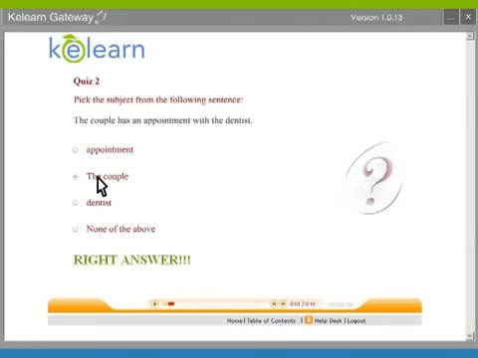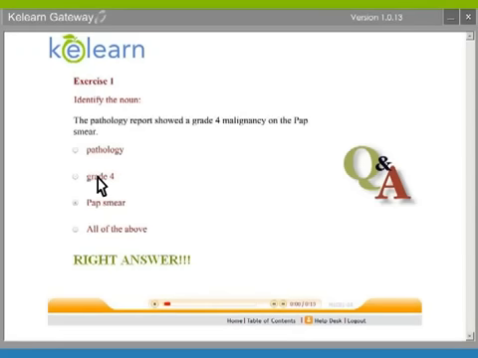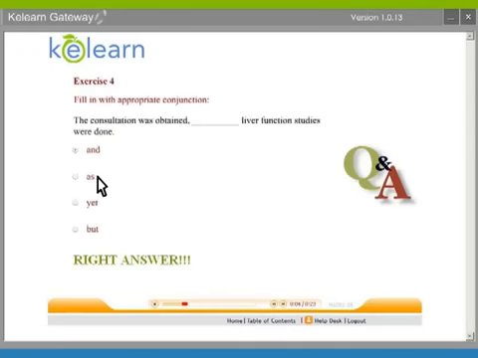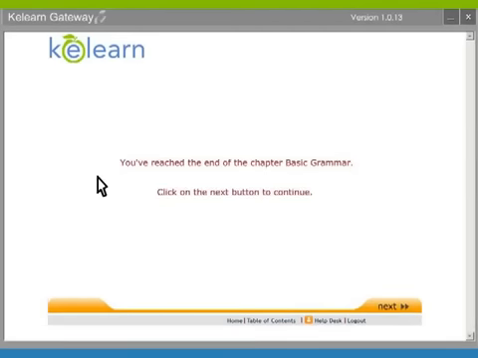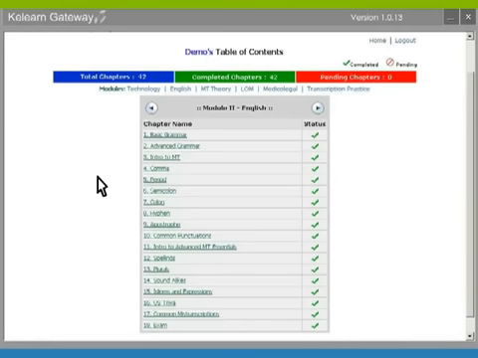This is the first level evaluation system. Once you reach the end of the sub-module, there will be a small exercise which will prevent you from moving to the next sub-module unless completed successfully. This is the second level evaluation. Finally, at the end of each module, there will be an examination which will determine whether you are eligible to move to the next module or not.